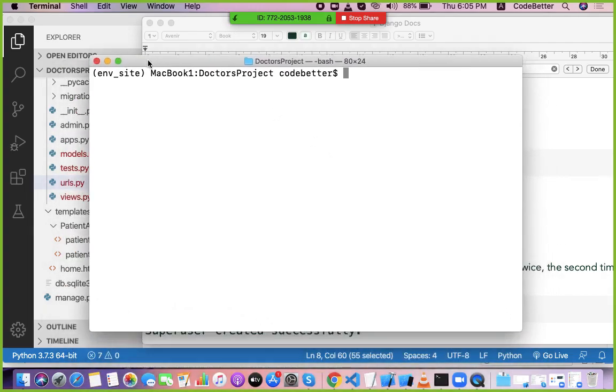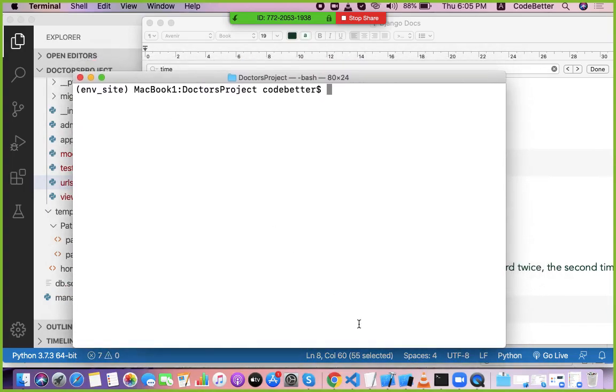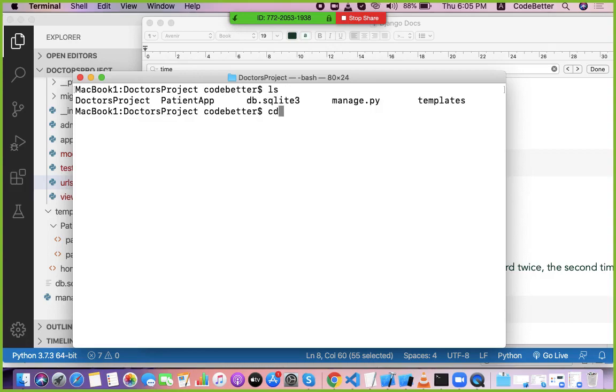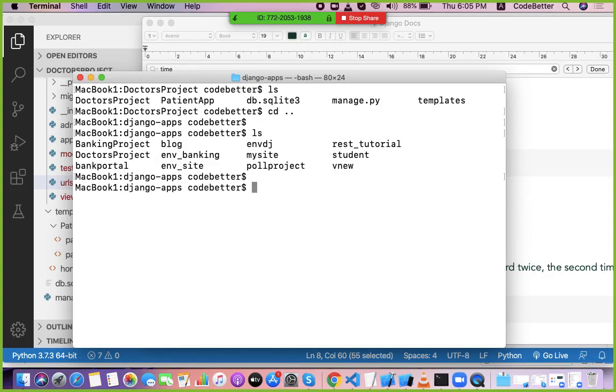So let's open yesterday's project. On the terminal, what was our project? Our project is the banking project.